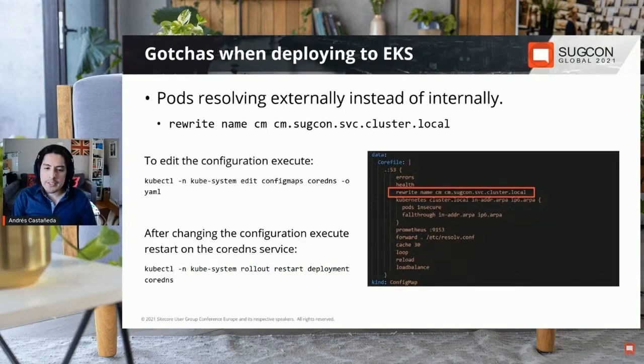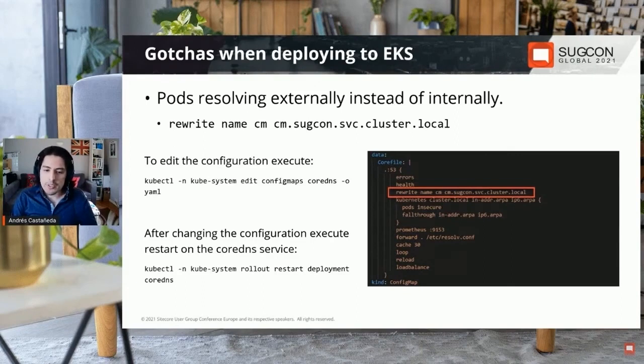One thing that I faced, especially with the MVP website, was that pods were resolving externally instead of internally. What happened is the CM hostname, if I went to a tool called MX Tools and just put in the CM, it would give me a public IP. And when I was going to the pod, I was getting that IP as being resolved on that pod. So what I had to do